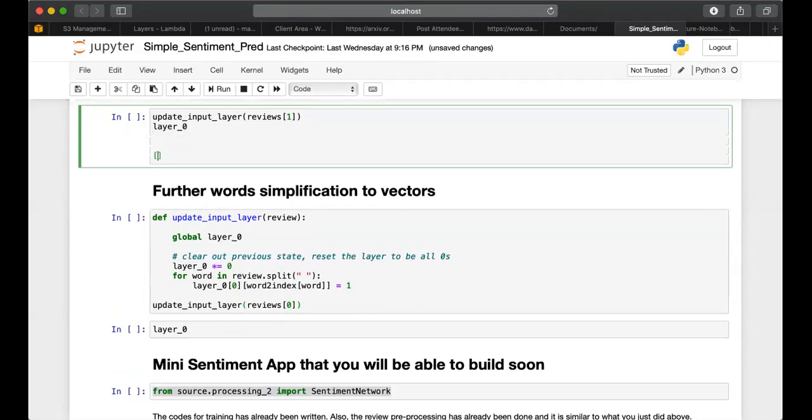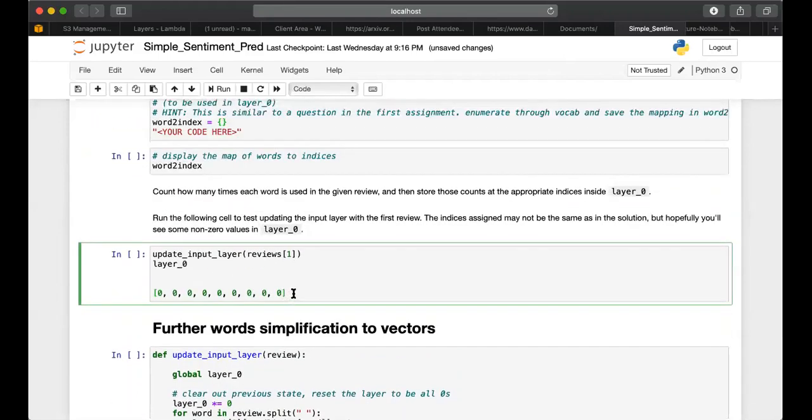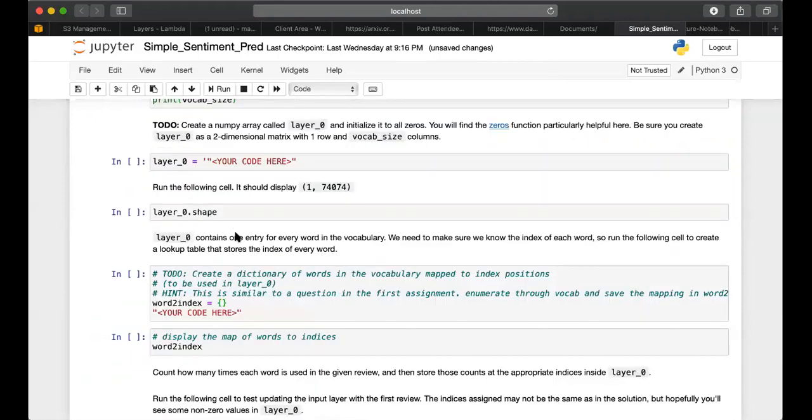So let's say this is our NumPy array that contains a lot of zeros. This array corresponds to what we have created here.